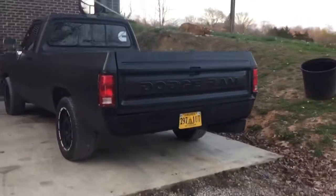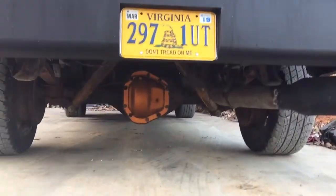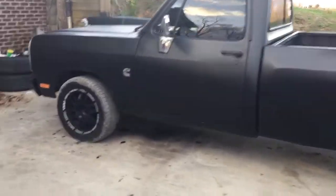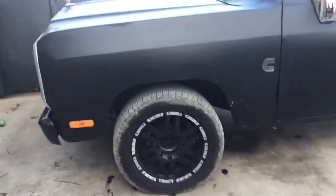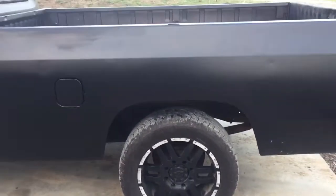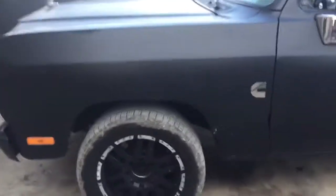Okay guys, so here is the first gen that I've been telling y'all about. I will post a picture in the video of what it looked like when we first got it. See the little pumpkin underneath there. This truck has actually come a very long ways. Just a quick overview. We got these wheels and tires that came on the truck, but we had to put different wheels on it because it had two different wheels and tires, and it sat not level. So we reverse leveled the truck, put badges on it, tinted the windows, completely repainted it,